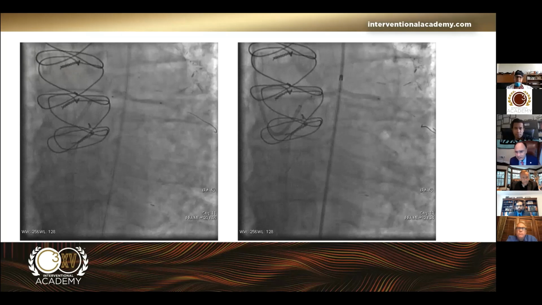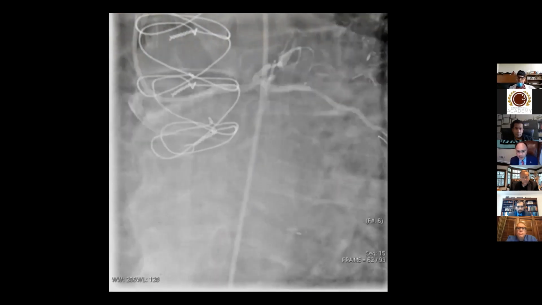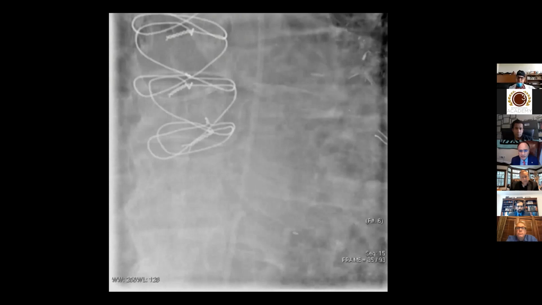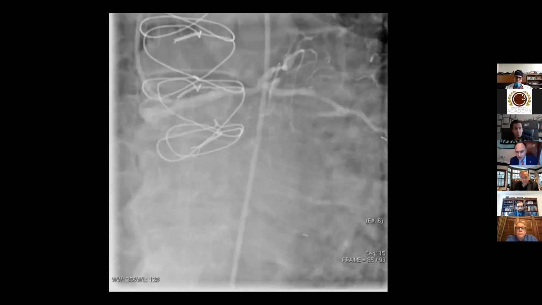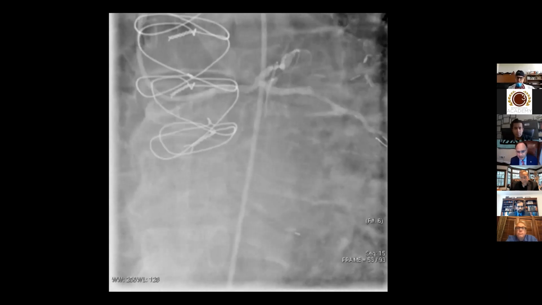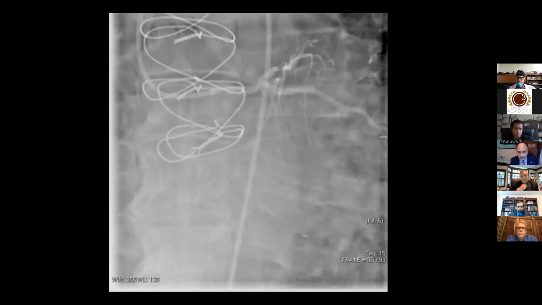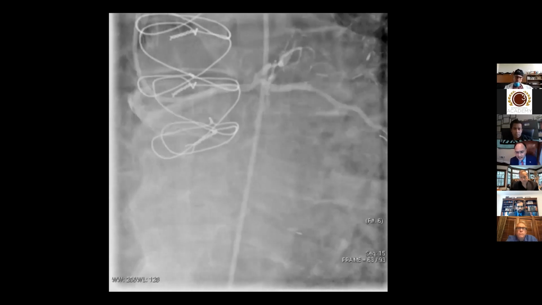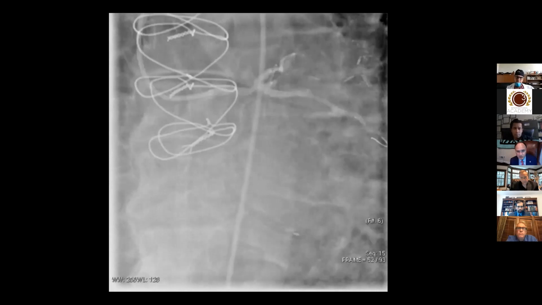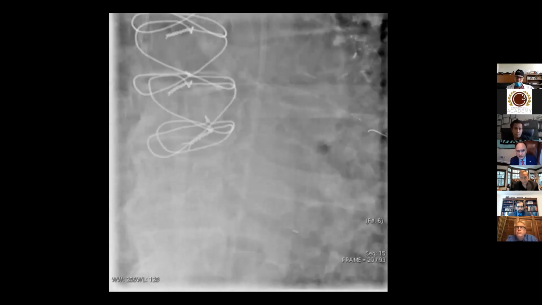So we treated this patient with a balloon angioplasty and a 3.0x38 drug-eluting stent. And you can see the stent implantation. And this was the final result. So this patient was loaded with 300 milligrams of clopidogrel and 81 milligrams of aspirin, and it was felt that the result was very satisfactory. The stent was aggressively post-dilated and was sent into the holding area for just observation overnight, and the plan was